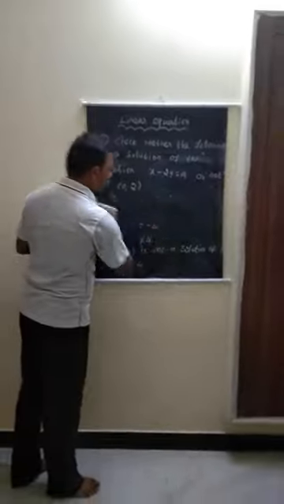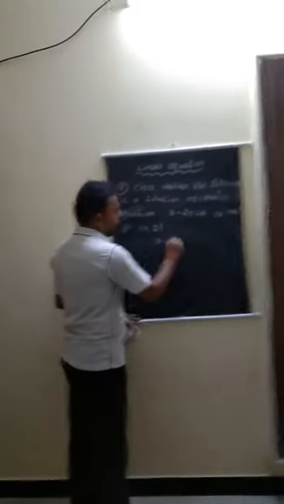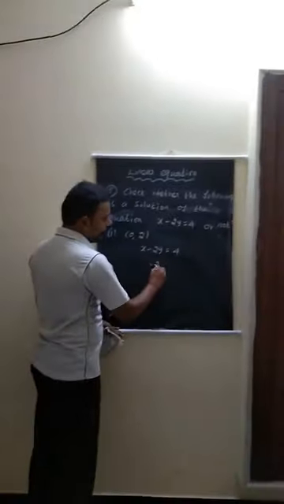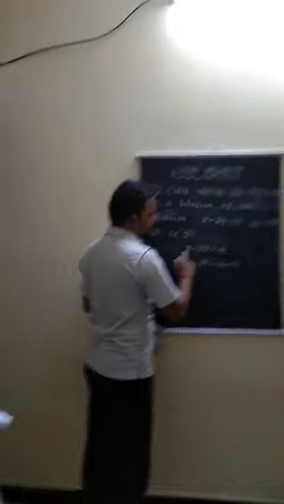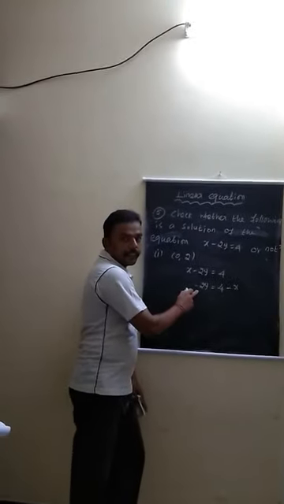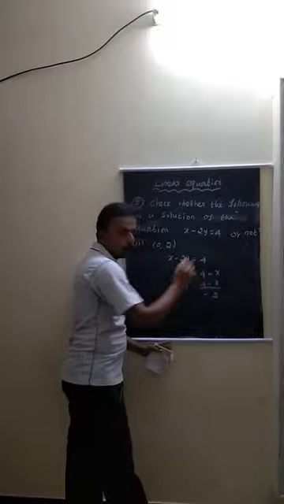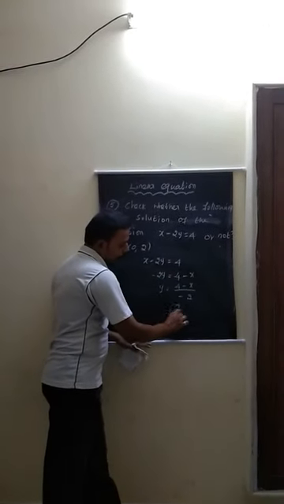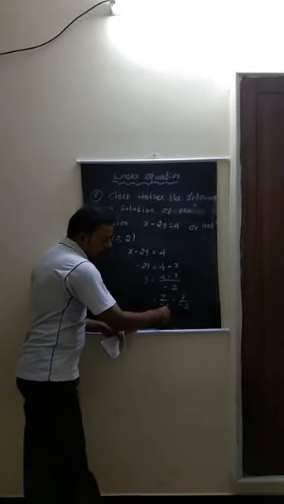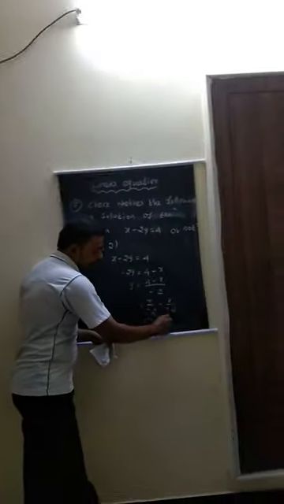And another way: suppose we write this equation, x minus 2y equal to 4, by keeping y on the left-hand side and the remaining all on the right-hand side. So that is minus 2y equal to 4 minus x. Write x into the right-hand side, plus becomes minus. Now we need to write y equal to 4 minus x divided by minus 2. The meaning of this is 4 divided by minus 2 minus x divided by minus 2. Write the general form. 2 we can cancel. So minus we need to write in the numerator. So minus 2, minus minus we can cancel. So plus x by 2.